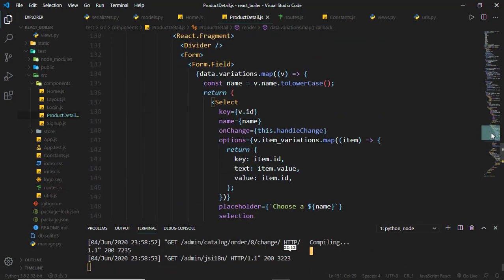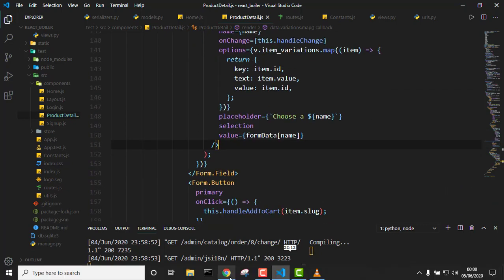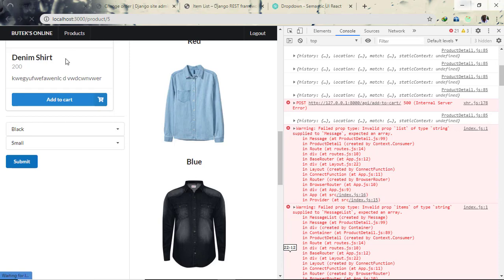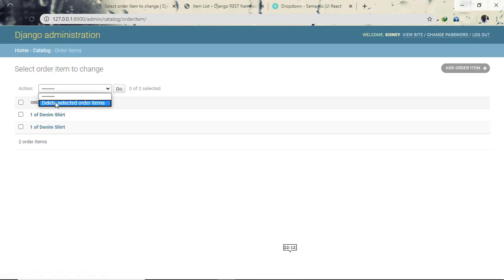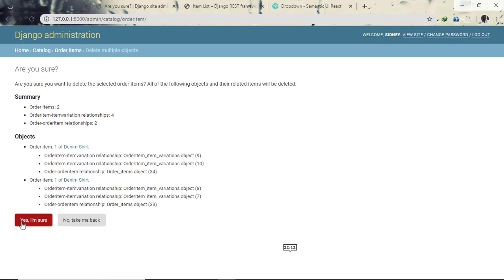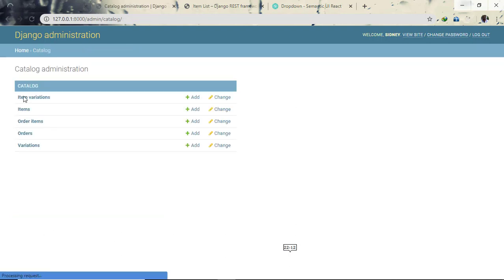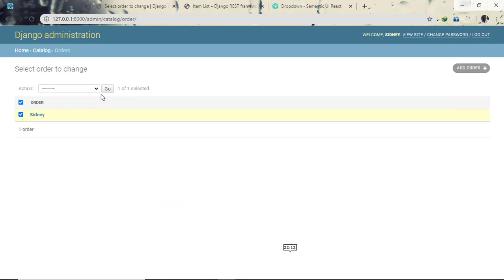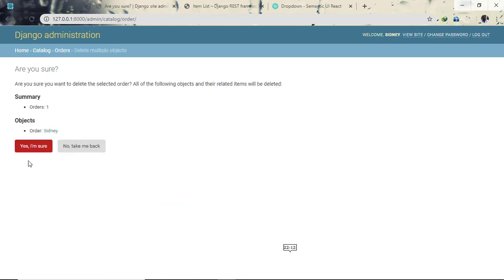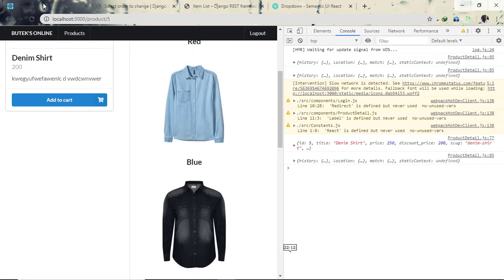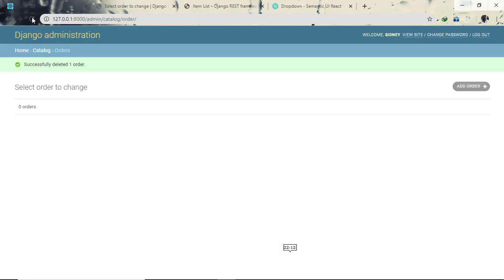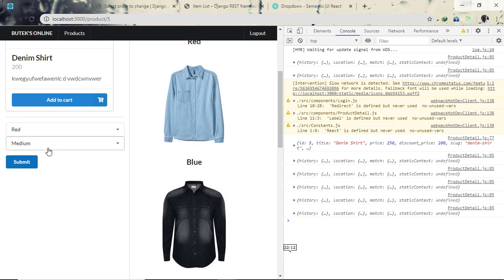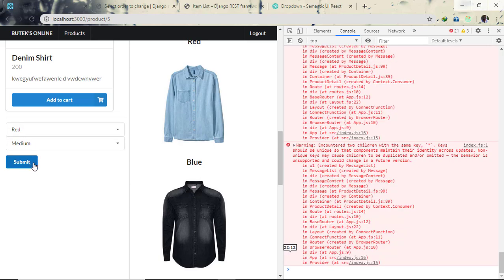So if we give that time to compile, and it's compiling there, if we come back and refresh, I'll actually go and delete everything. So for the order items, you can delete all of them, and if we go back to the order, also delete that order there. If we add to cart a red and medium shirt, add to cart. If we come back to the order and refresh, now if we add another red and medium shirt,